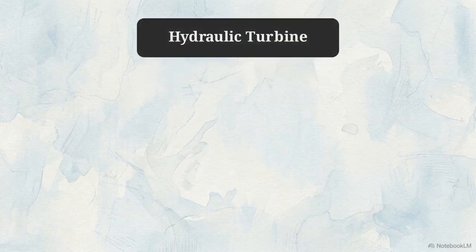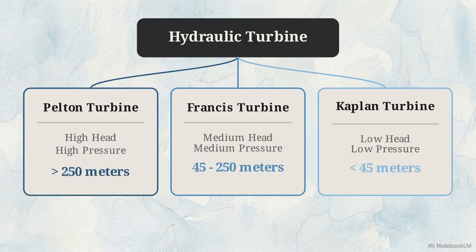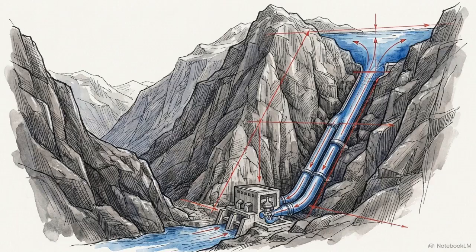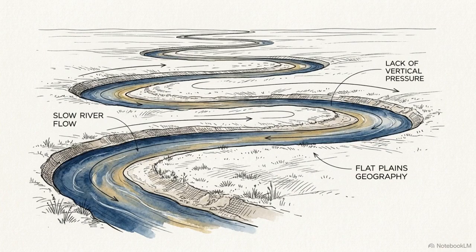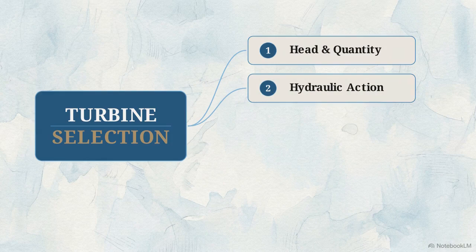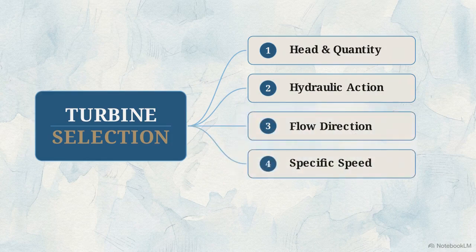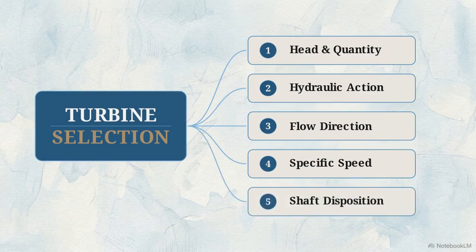These designs represent distinct mechanical branches, each developed to solve unique hydraulic and pressure requirements. Turbines cannot be swapped universally. A design optimized to handle the extreme pressure of a mountain range will fail to turn on a flat, slow-moving river. Engineers use 5 rigorous criteria to select a hydraulic turbine: the available head and quantity of water, the hydraulic action of the fluid, the direction of flow through the runner, the turbine's specific speed, and the disposition of its